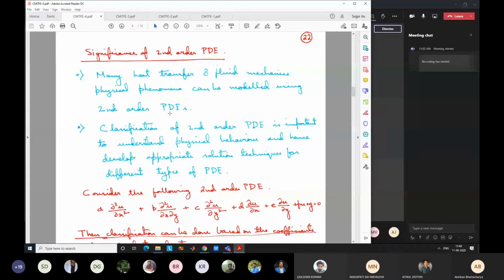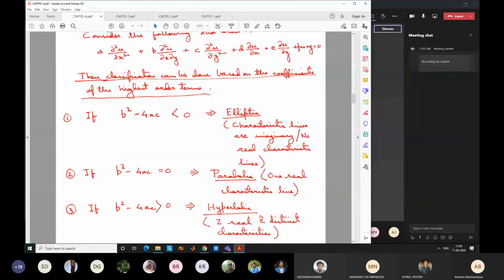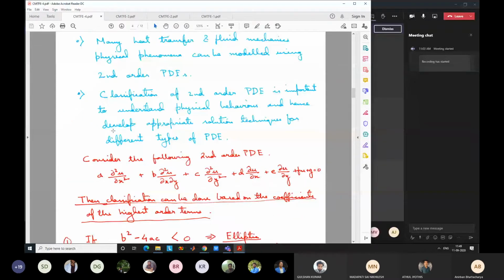I will come to some formula later on, and you will just assume that okay, b square minus 4ac less than 0 elliptic, b square minus 4ac equal to 0 parabolic. Don't just think in terms of formula. Okay, let us try to go behind and think about in terms of the concept. Okay, so that's why classification is very important. Why? Because it gives us an understanding of how the solution will behave. In a certain way it will behave, and hence because the solutions behave in that way, we will develop our solution strategy also in that way.